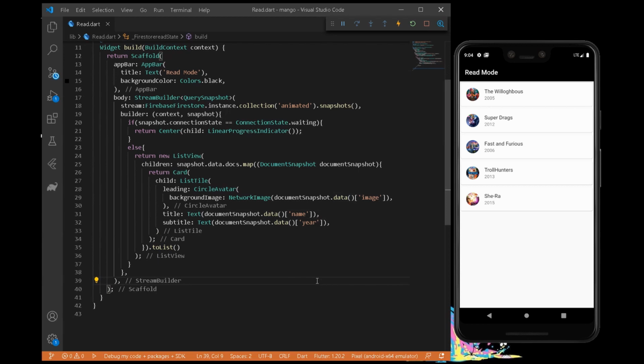So in this way you can create and read data in a Cloud Firestore along with a new update